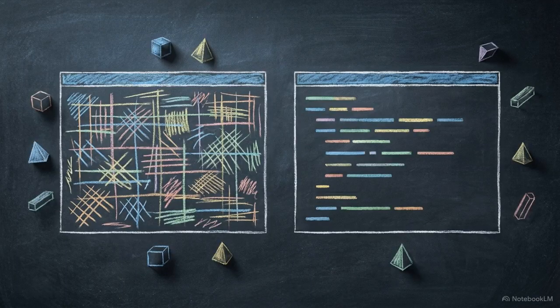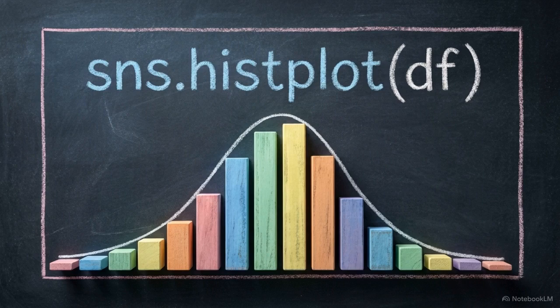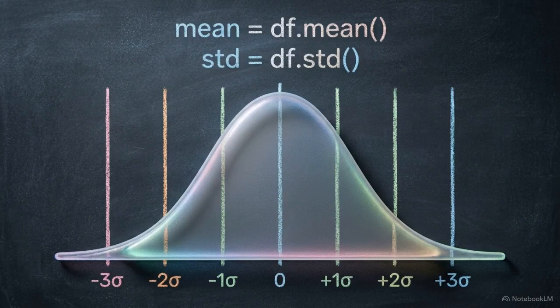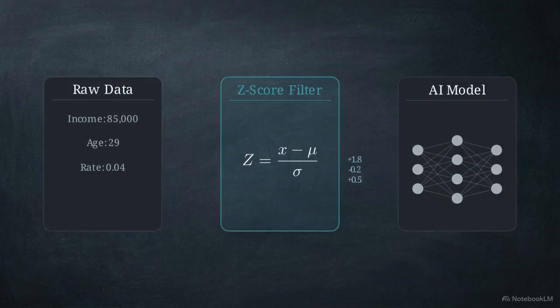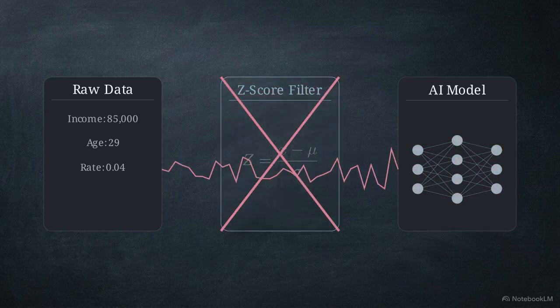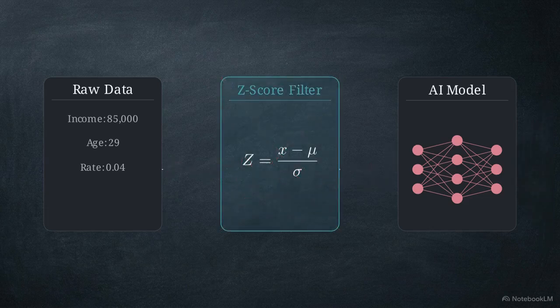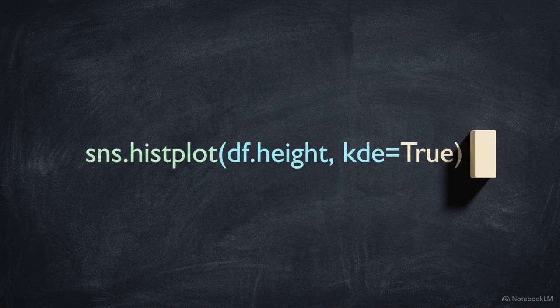Data science manages this transition through a specific pipeline, mapping empirical data onto theoretical distributions, calculating the standard deviations, and standardizing the results with z-scores. Mathematical standardization is the mandatory prerequisite for artificial intelligence. Without it, the model simply amplifies the random noise of the sample. The first step in this pre-processing stage is visualization.